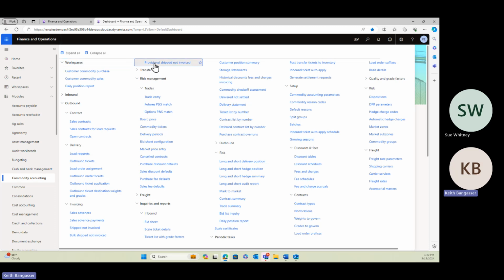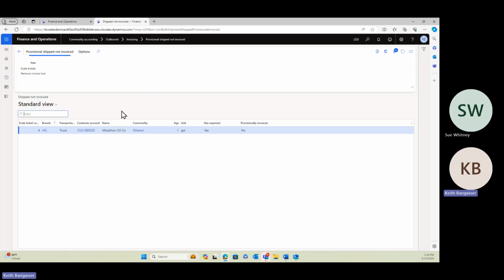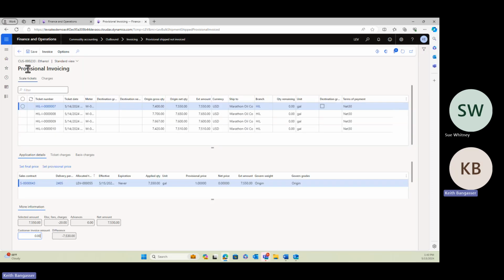So we can click on that particular menu item, and we can see here that those 4 tickets to Marathon Oil, since we've applied them to that provisional contract, show up here and are ready to go. So I'm going to click here to zoom down, or we can click the scale tickets to see the 4 scale tickets. And let's say, you know what, we are ready to do a provisional invoice for this. We're going to pick all 4 of these. And you can see that it's $30,310